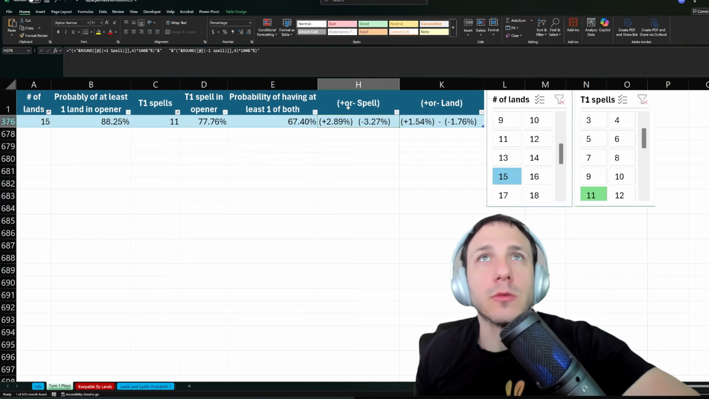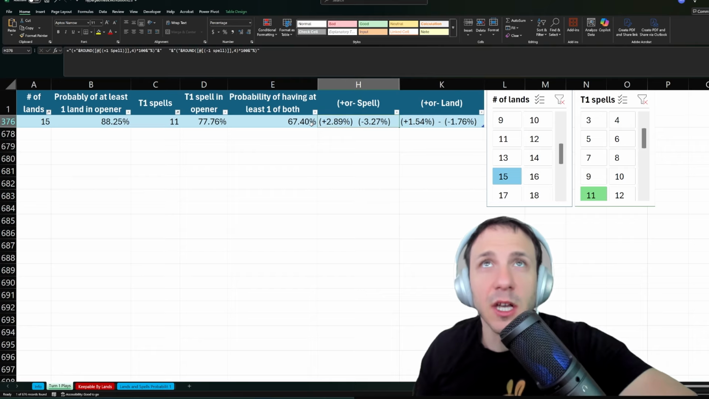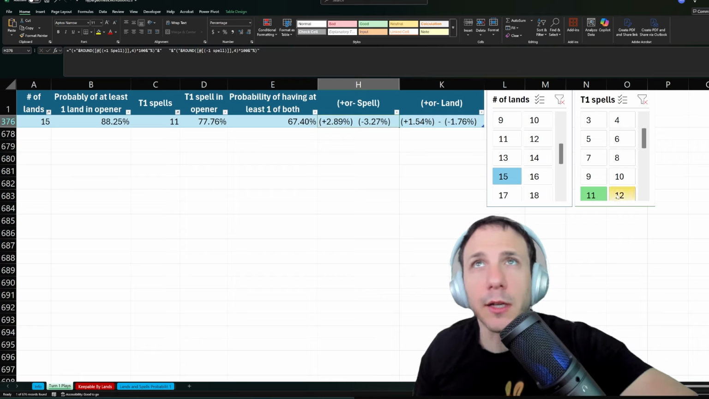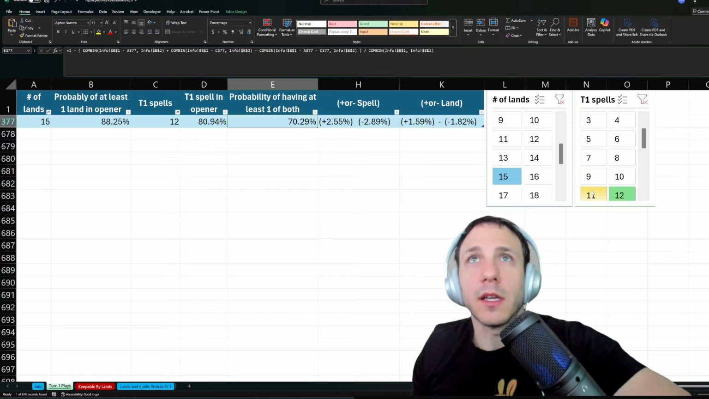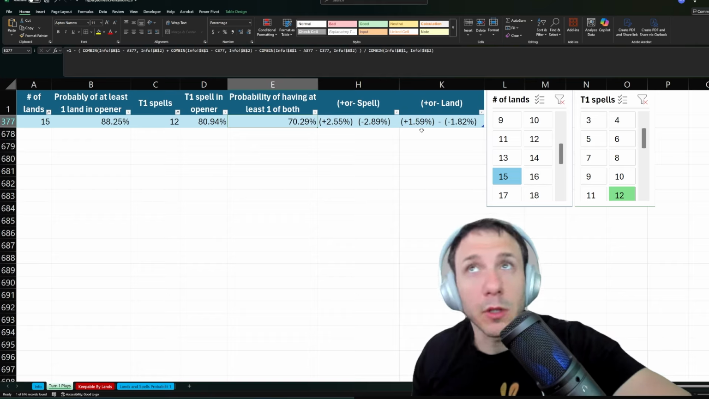So if you were to add a turn 1 spell, we're going to go from 67.4 to 2.89 plus. So this will put us at 70.29 or something like that. Yeah, quick math. So you could see how that would go up. If we were going to go down in a land as an example, you would see that the probability of having one of both will go down by